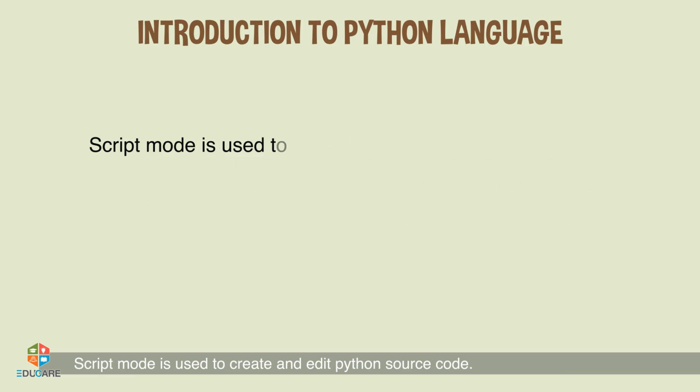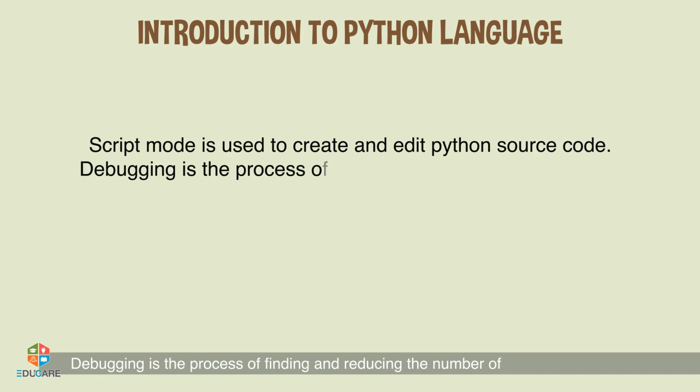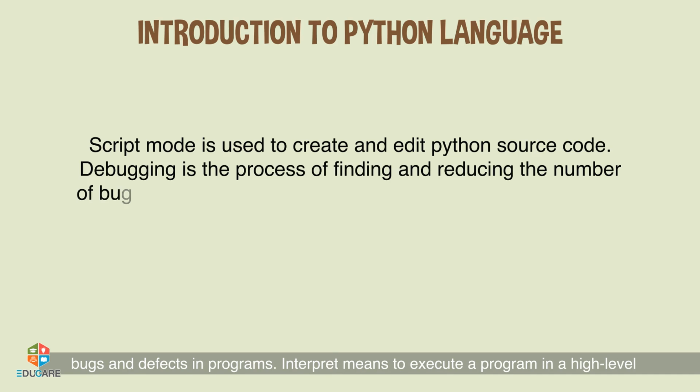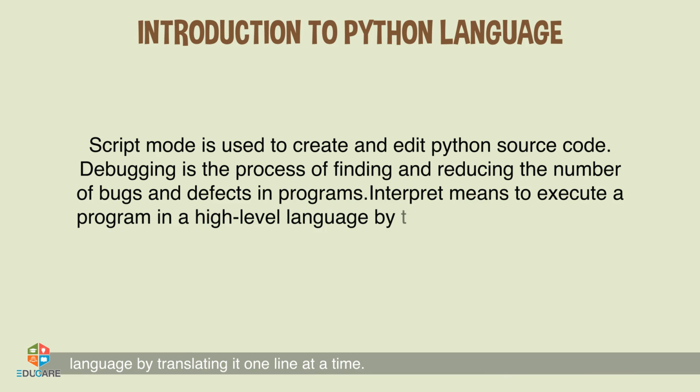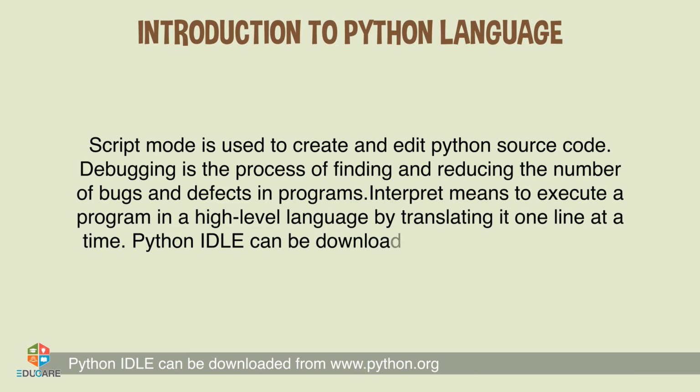Script mode is used to create and edit Python source code. Debugging is the process of finding and reducing the number of bugs and defects in programs. Interpret means to execute a program in a high-level language by translating it one line at a time. Python IDLE can be downloaded from